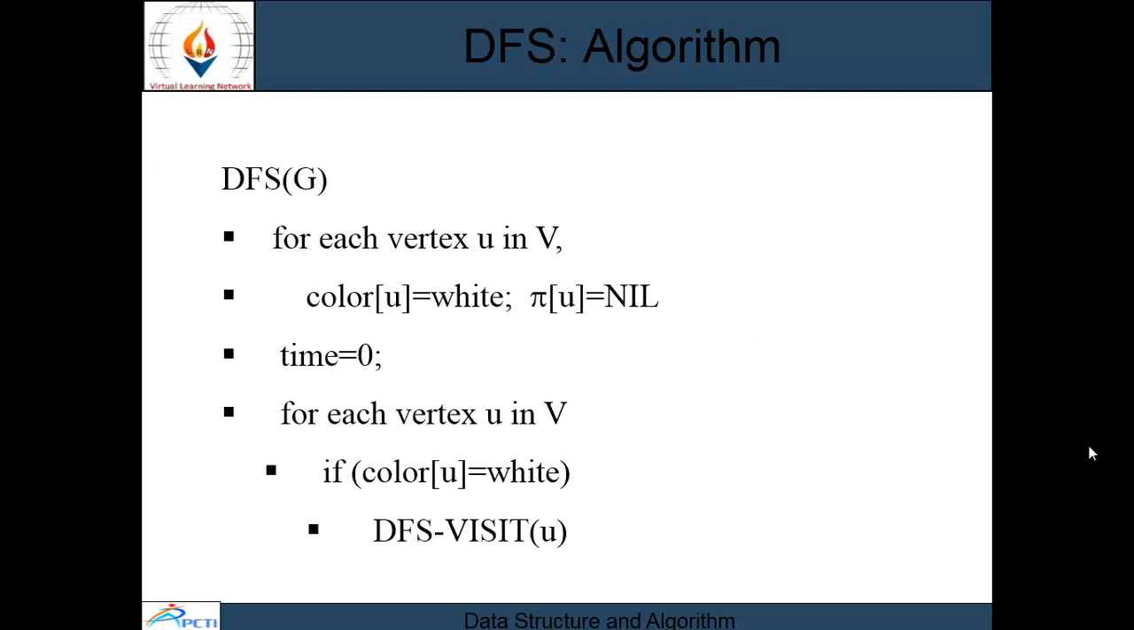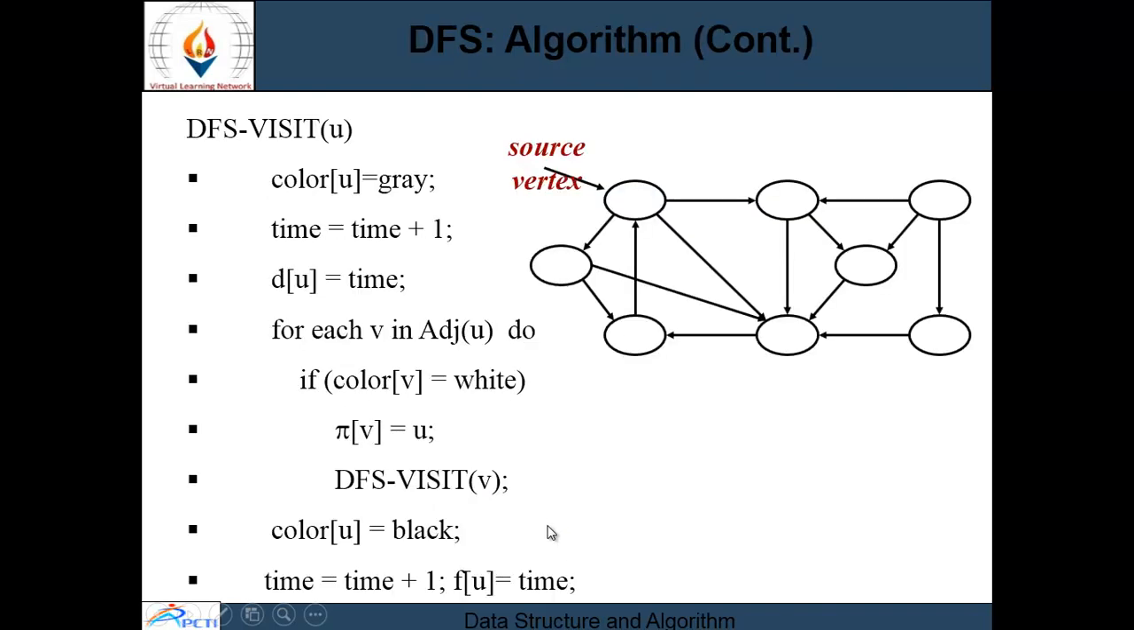Next is the DFS algorithm. अगर हम DFS algorithm की बात करें, the DFS of graph G for each vertex U in V. हमारे पास vertex available है each vertex V में. Firstly we will color it with white and time is 0. And for each vertex U in V, if color is white, then we will visit this node, and if we will visit this node, then we will color it with gray, and time will be incremented by 1, and